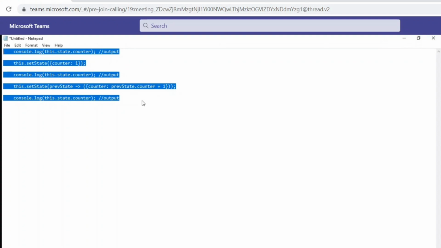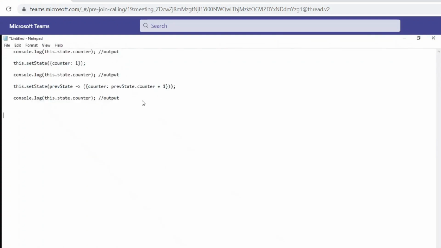So you have used the React hook. Okay. So how do I implement componentDidMount, componentDidUpdate and shouldComponentUpdate using the React hooks? How can I achieve that?